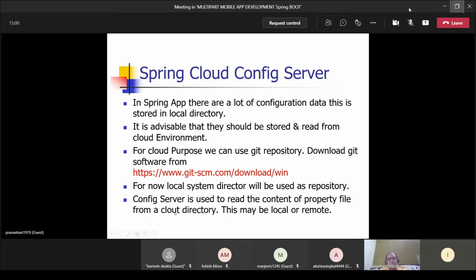It should be cloud directory. And that cloud directory may be local or remote. Clearly, I have mentioned it may be local or remote. So in a nutshell, we are putting our configurations data at cloud, and that will be fetched, that is read, by the configuration server.